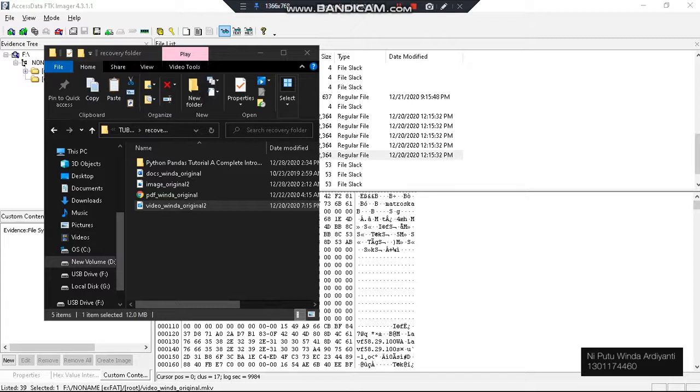Even if the evidence or the file was already deleted, if we recover it using FTK tools or any other forensic tools, the content or the characteristics of the file will be the same as the original ones. And it also means that no files are missing and the digital forensic process can be done smoothly. So I think that's enough about my